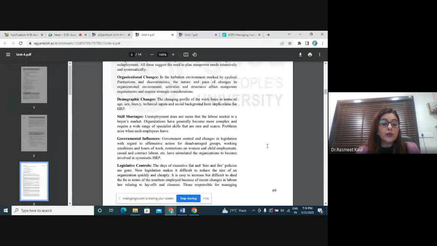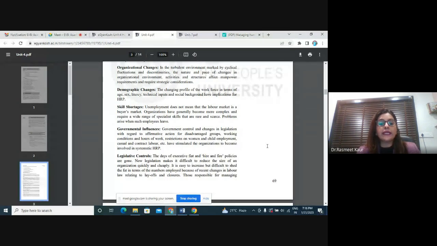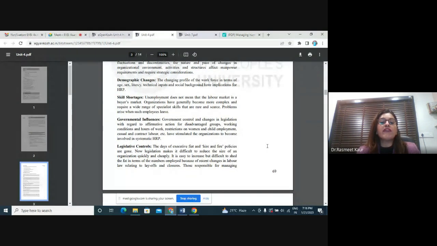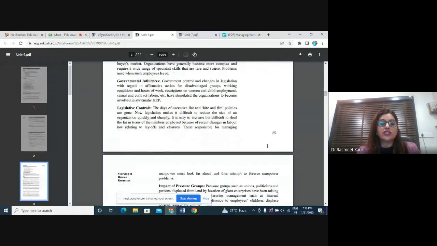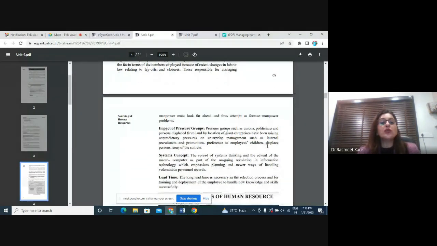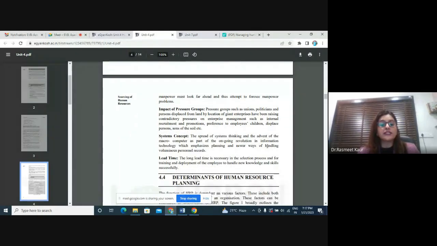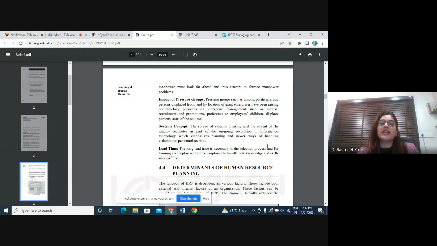So if you do proper human resource planning, you will come to understand how you need to recruit people, what the laws or legal requirements are which the government has framed, because accordingly you will be doing the hiring, accordingly you can hire and fire people or come up with your own organizational policies. So there is a huge impact of all these factors at the macro level, which ultimately affects the micro level changes or the micro level decisions. When I say micro, I'm talking about the individual organization's level.